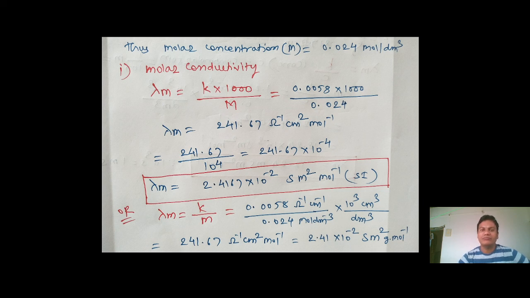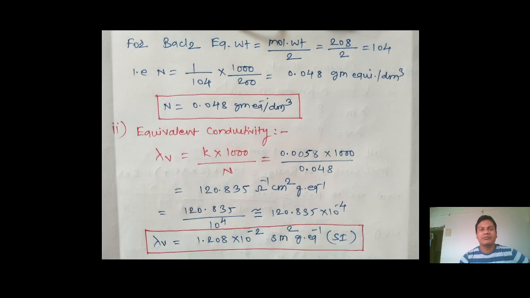Now with the help of this information you can easily calculate equivalent conductance. Now what is needed for molar conductance? Molecular weight we consider here, but now we have to consider equivalent weight. You will see it in the next slide. So for BaCl2, equivalent weight is equal to molecular weight upon 2. Now you know the general formula, that is equivalent weight is equal to molecular weight upon acidity or basicity. So that is for the acids and bases.